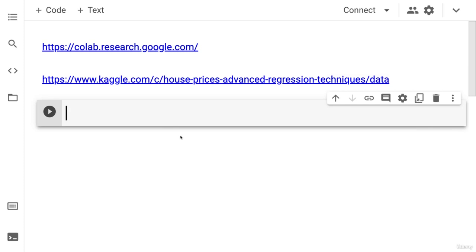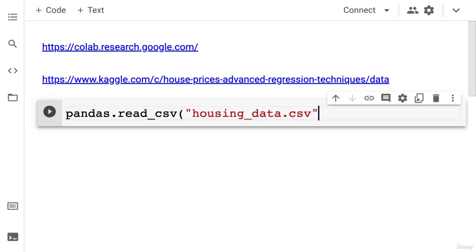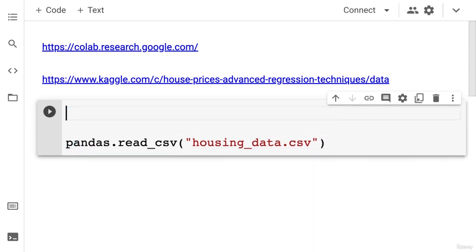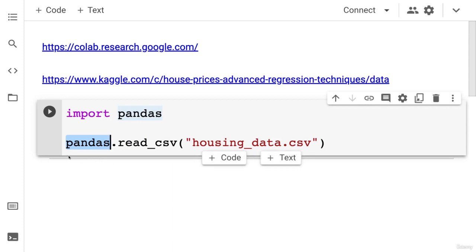All right, so I saved this under the name of housing_data.csv. And we're going to use the Pandas library to read the CSV file and turn it into what's known as a Pandas data frame. So make sure you import the Pandas library here in your Colab. So this library is very commonly used because it has the data frame type,